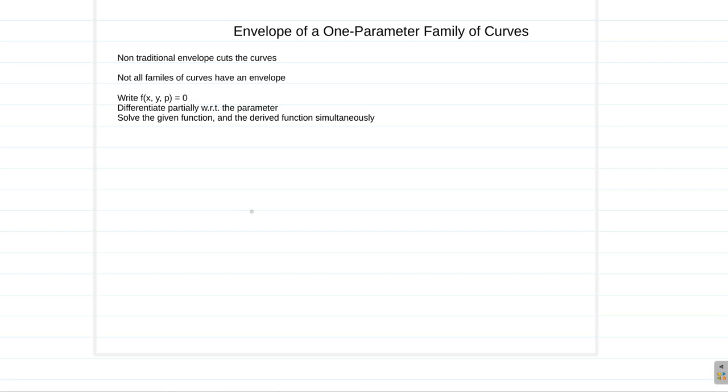We continue to look at the envelope of a one parameter family of curves. We've looked at examples where we had straight lines or linear functions, and we also looked at examples where we have quadratic functions. Now, we're not going to look at a specific example. We're going to do a little revision, because what we want to do is look at situations where the family